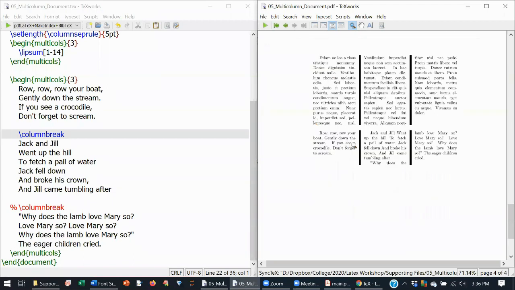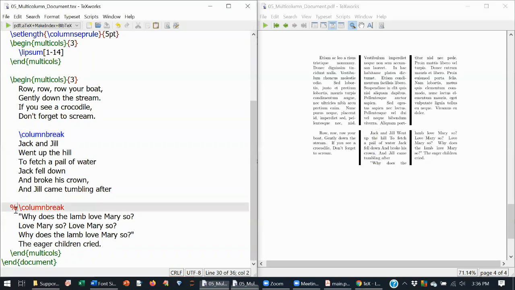Okay, the LaTeX will correctly break and put these contents into 3 separate columns. Okay, so you can see, although I created 3 separate columns, LaTeX put this in one column and the other 2 paragraphs, because this column break has a percentage symbol, so it did not consider it as a command. It considered the whole thing as a single paragraph and kept it continuously in 2 columns. So what you can do is remove this and check it one more time.